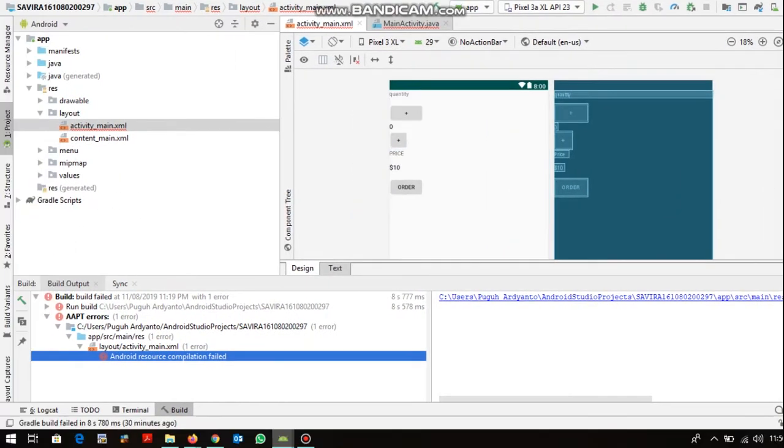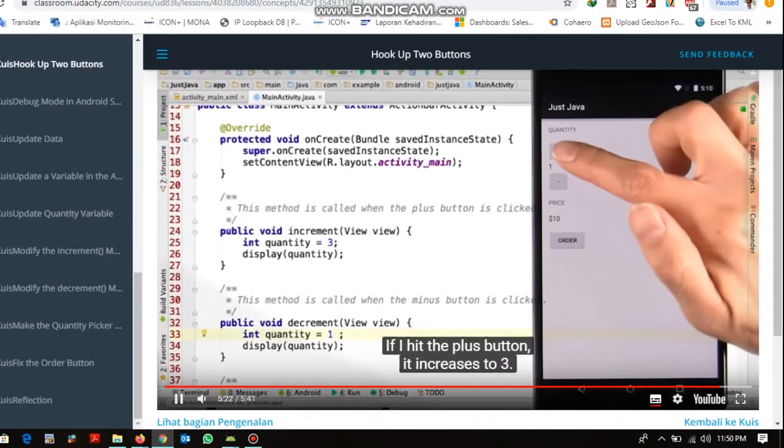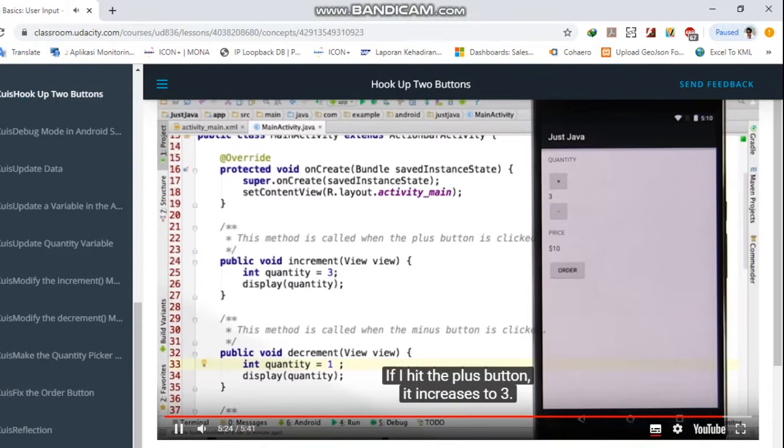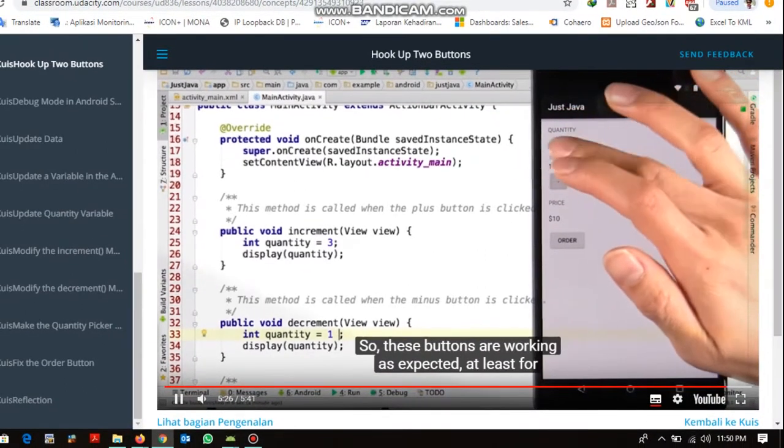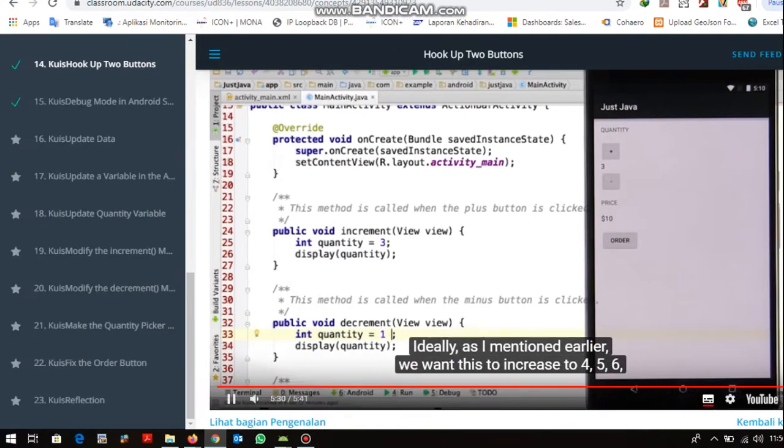If I hit the minus button, then yay, it decreases to 1. If I hit the plus button, it increases to 3. So these buttons are working as expected, at least for this stage of our app. Ideally, as I mentioned earlier, we want this to